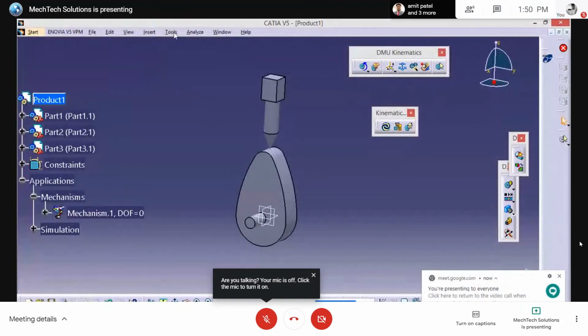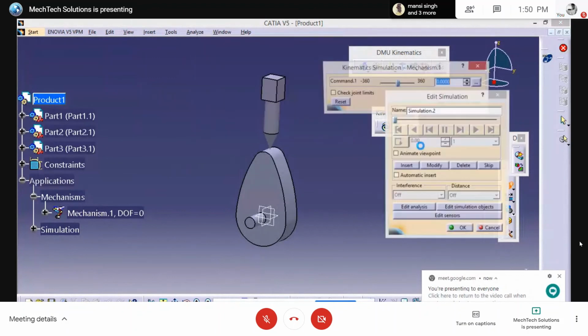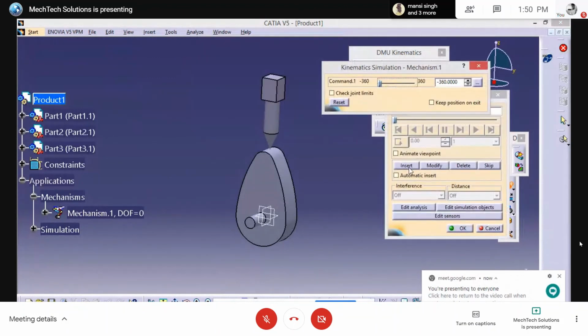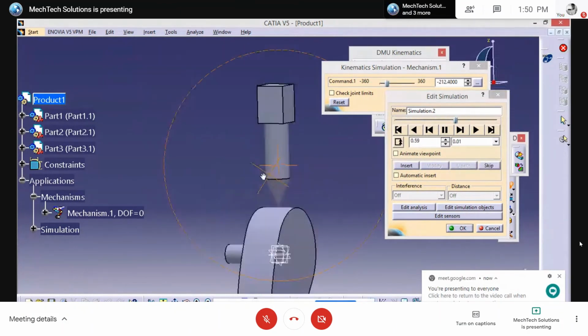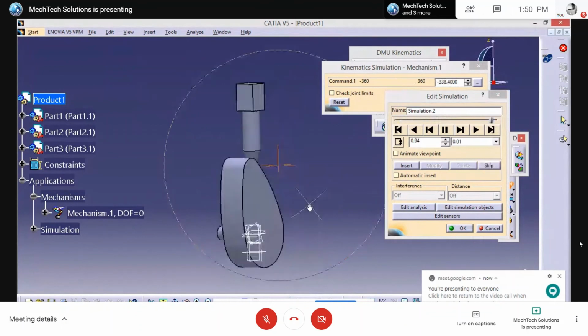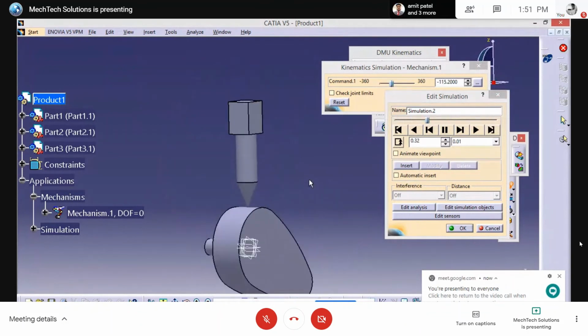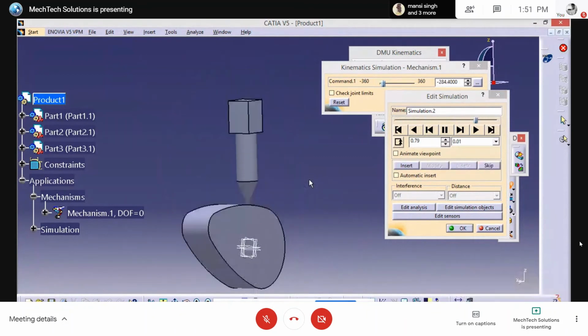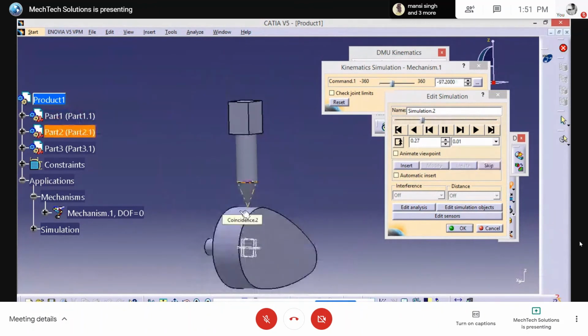Simulate it. For simulation, create our simulation, mechanism one, insert 0.01. Now see here, it's a cam and follower mechanism. When you rotate, it keeps touching the curve, just because of the point and curve joint we have defined.